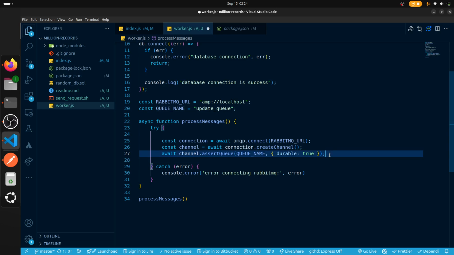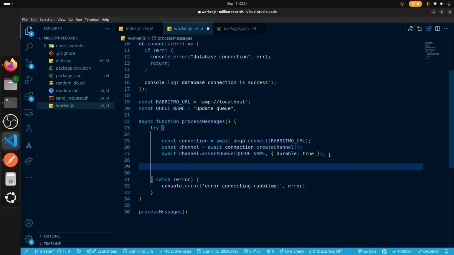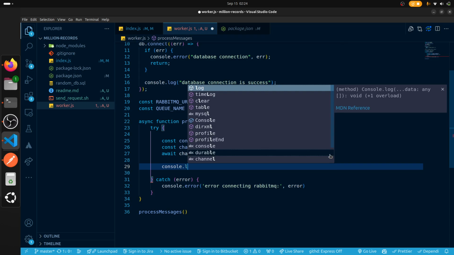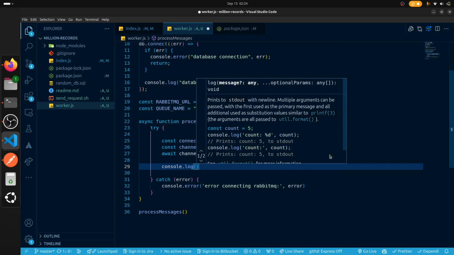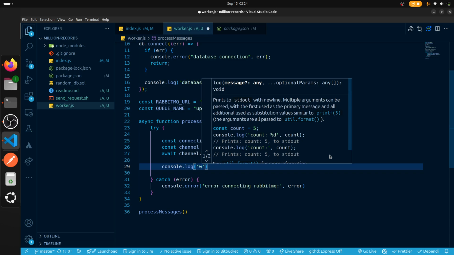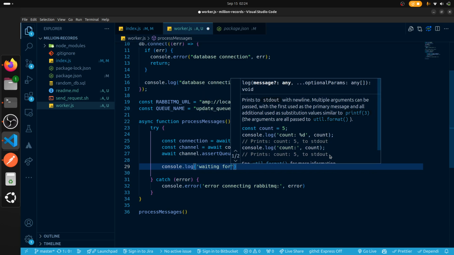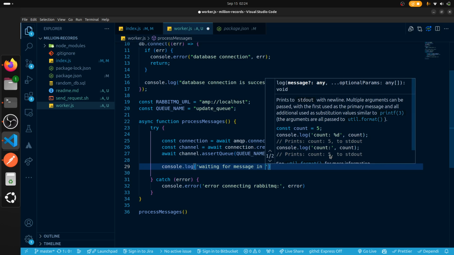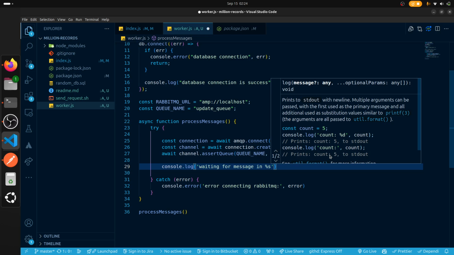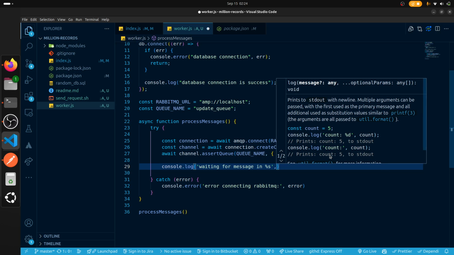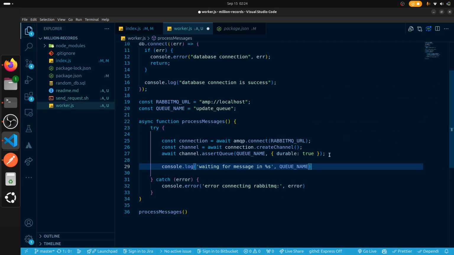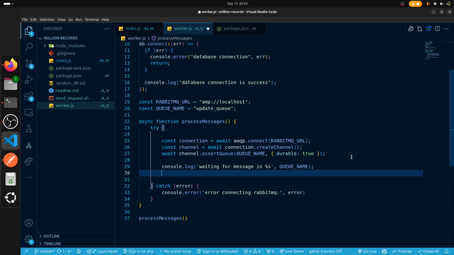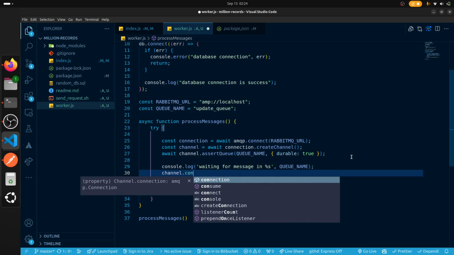So here what I will write now, console.log, waiting for messages in %s, so basically a dynamic string with the queue name variable, and then channel. So in channel.consume,